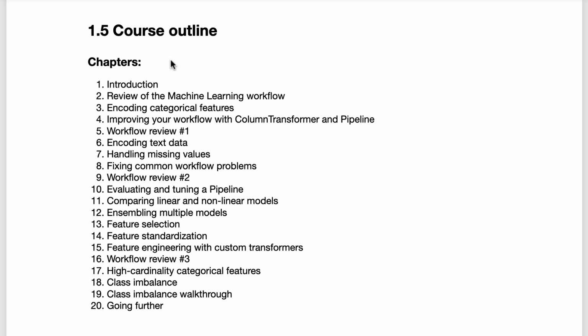Let's talk about what we're going to cover in each chapter. In Chapter 1, which is this chapter, we're getting you ready for the course. In Chapter 2, we'll walk through the basic machine learning workflow from loading a dataset to building a model to making predictions. In Chapter 3, we'll focus on one of the most important data pre-processing steps, which is the encoding